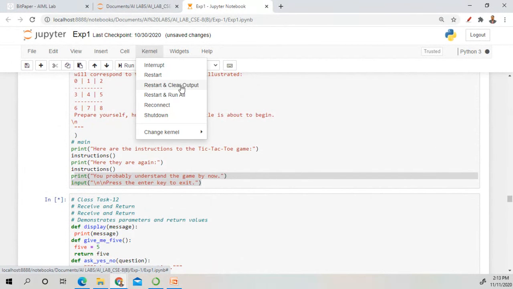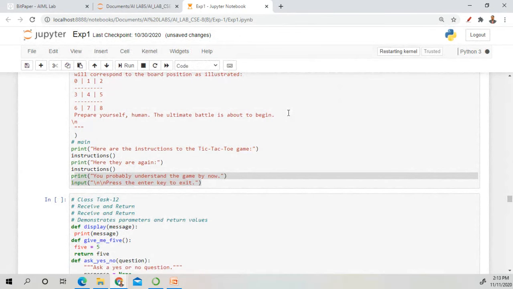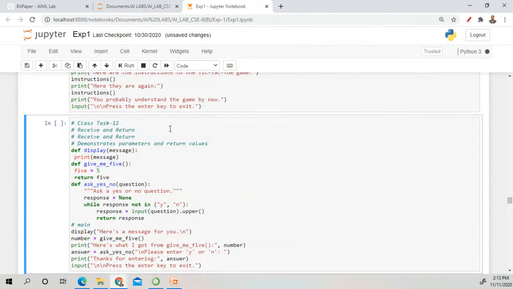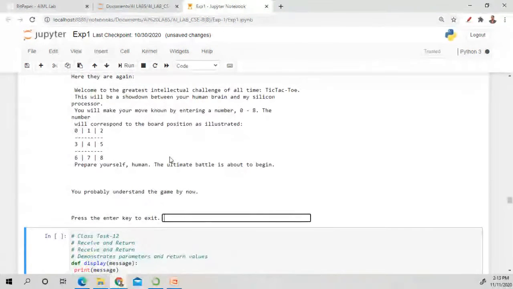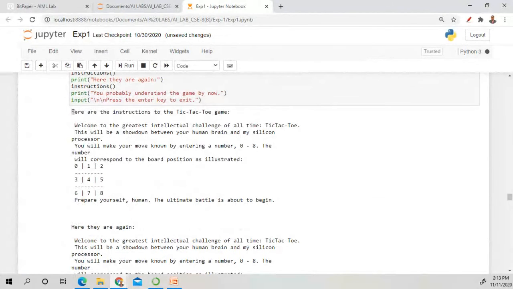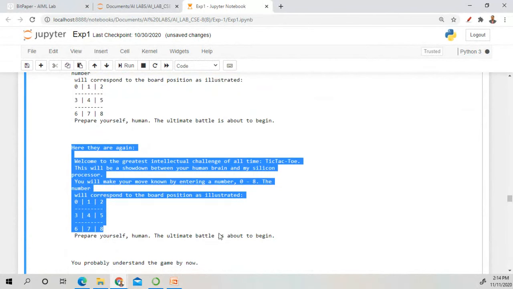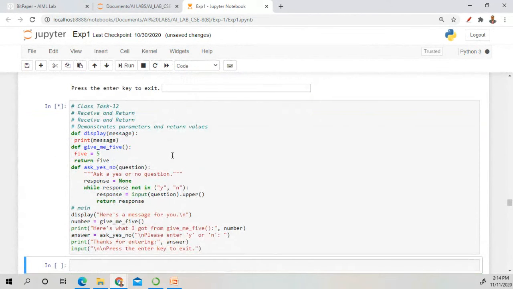It is taking much more time. So when this problem occurs, you may restart your kernel. Otherwise, it will take much more time to execute. In this program, the last program, these statements are printed again. So we have explained like this. Execution is going on. It is taking time to execute.